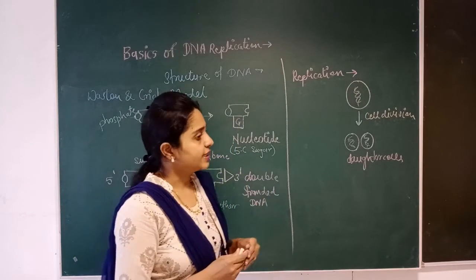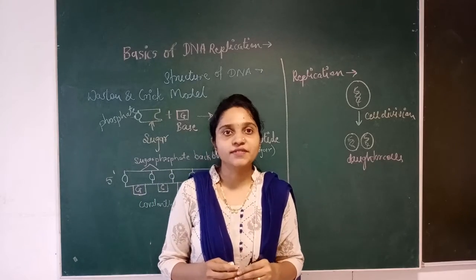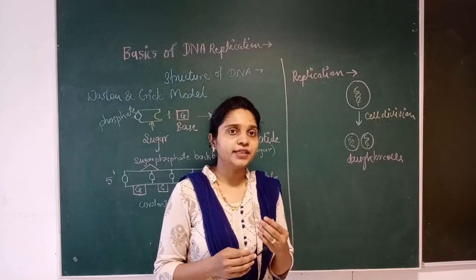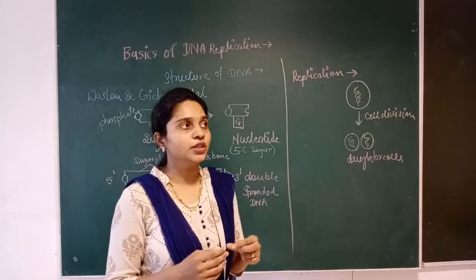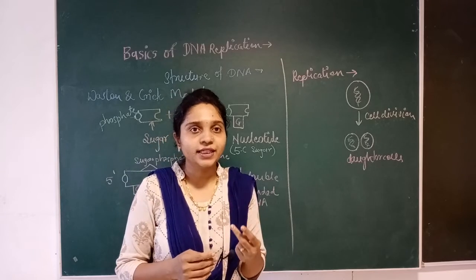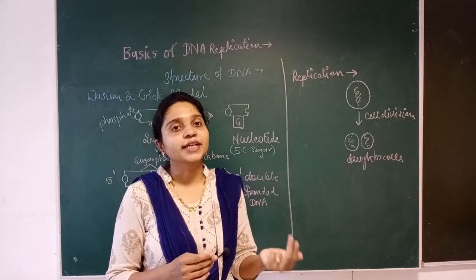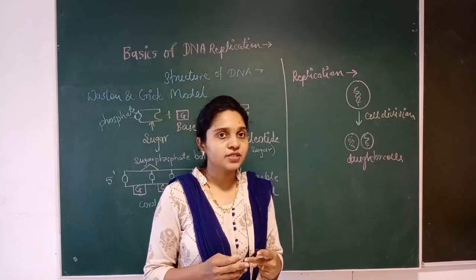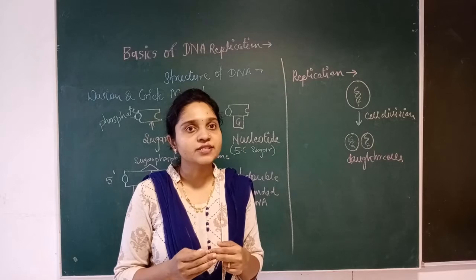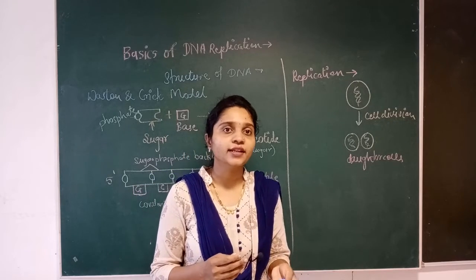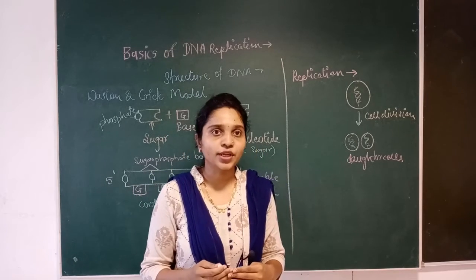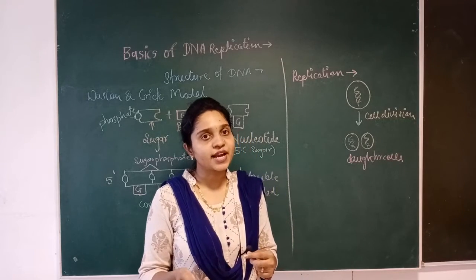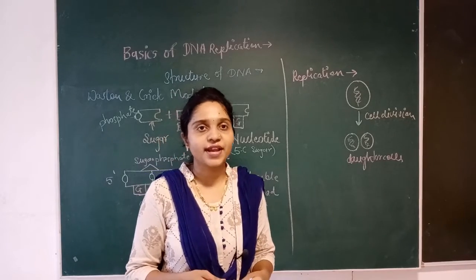Okay. Then the next one is the semi conservative mode of replication. What happens in the semi conservative mode of replication? When the two parental DNA strands are synthesized, it creates two copies of DNA which each consist of one old strand and one new strand. Then the daughter cells consist of the parental strand and also the newly formed strand.